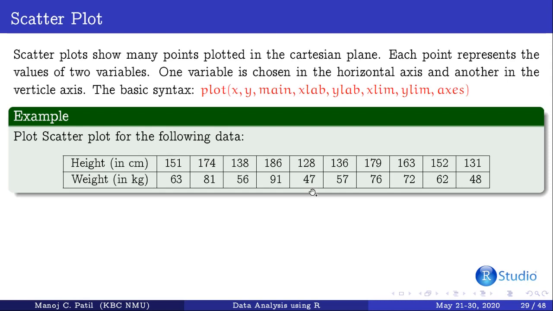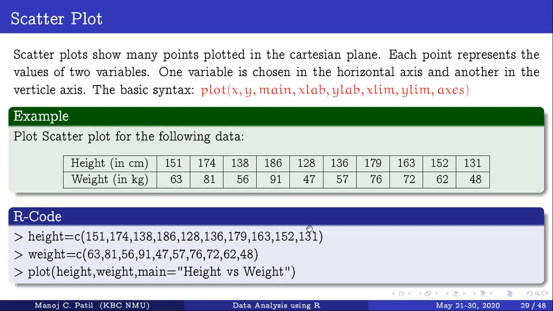Let's plot a scatter plot for height and weight. It is actually useful for drawing conclusions about the relationship between x and y. Many times while doing regression analysis, we use a simple linear regression model. We use a scatter plot first and observe whether there is a linear relationship between these two variables, and then we move forward to the regression line. Now let's plot. We have to put height and weight here as x and y.